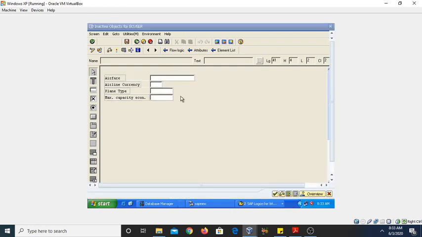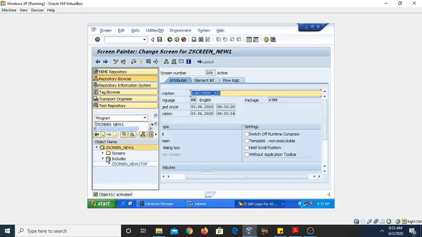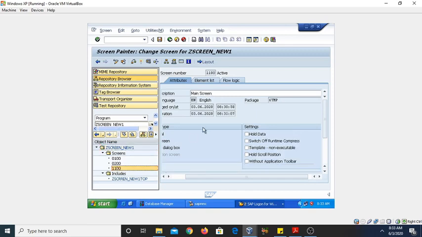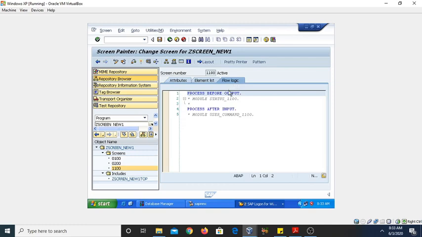Now go back. Now we need to call this subscreen onto the main screen. So we need to select the main screen here. Go to the flow logic. Click on the save button and then